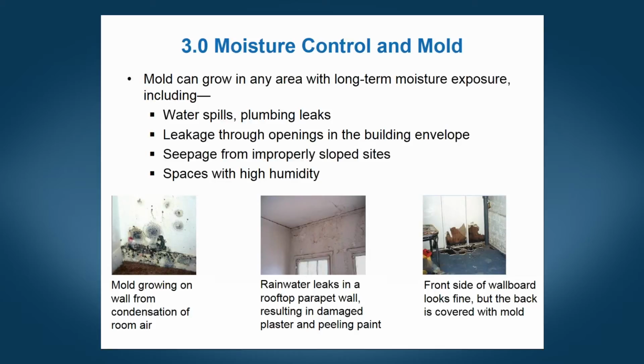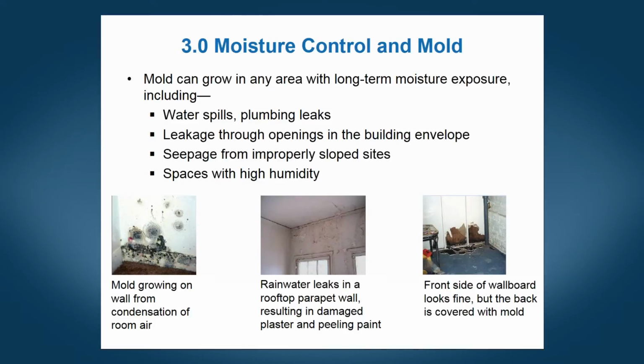I have 3 pictures at the bottom of the slide. The first one on the bottom left shows mold growing on the wall from condensation of room air. So that's something we can see. So is the next one in the middle that is caused by rainwater leaks from the rooftop. And sometimes mold or moisture is behind our walls, and that's the picture on the bottom right hand behind the wallboard. From up front, wallboard looks just fine, but when they cracked it open, you can see that there's a significant